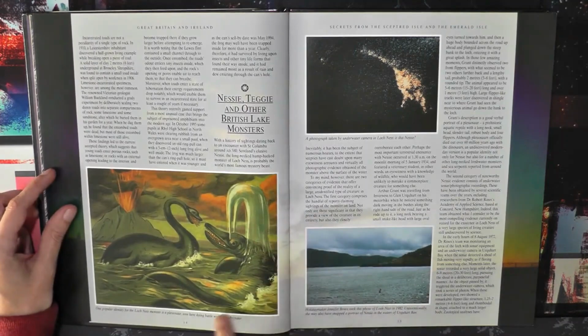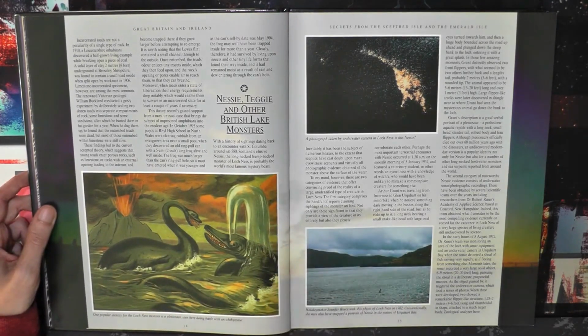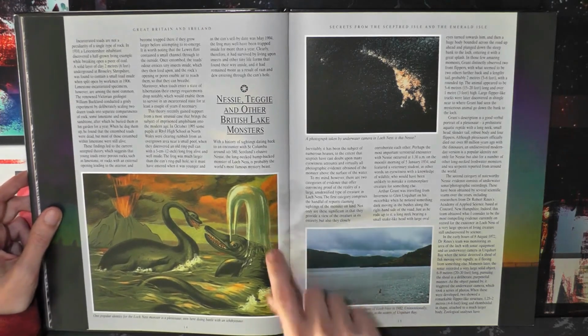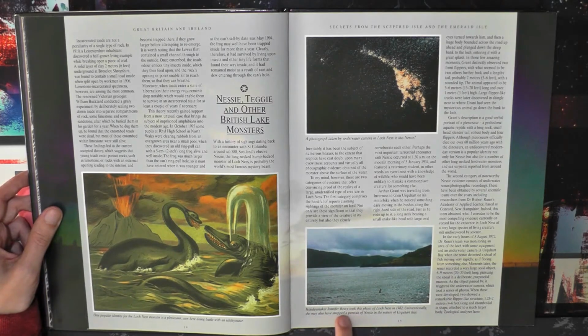Here we have a portrait of the world famous Loch Ness Monster. I think most people have heard of this particular monster. One popular identity for the Loch Ness Monster is a plesiosaur seen here doing battle with an ichthyosaur. I'm not sure exactly how to pronounce that. That's a really cool picture there. Holidaymaker Jennifer Bruce took this photo of Loch Ness in 1982. Unintentionally, she may also have snapped a portrait of Nessie in the waters of